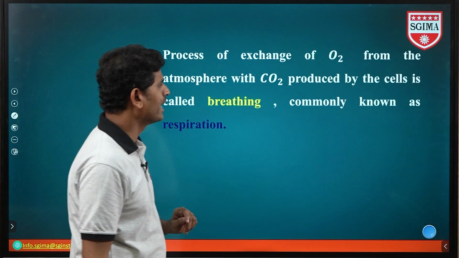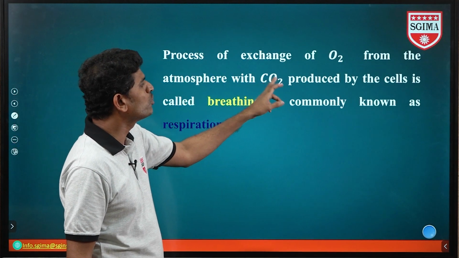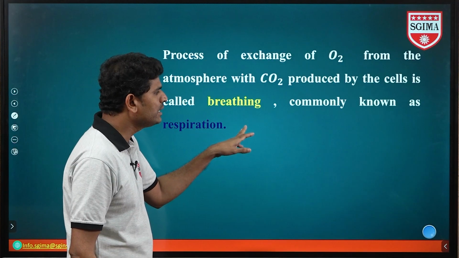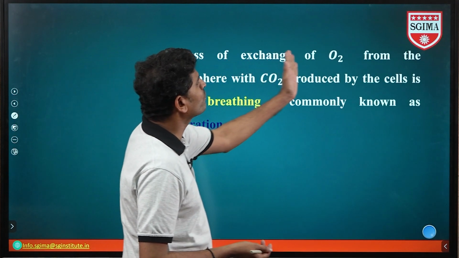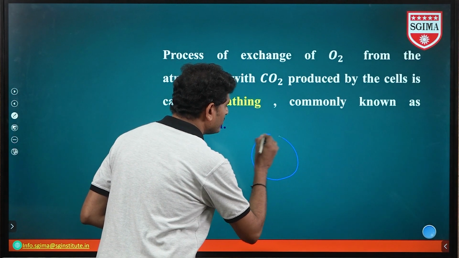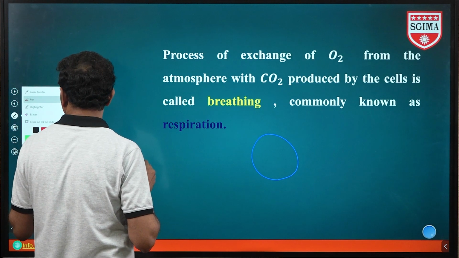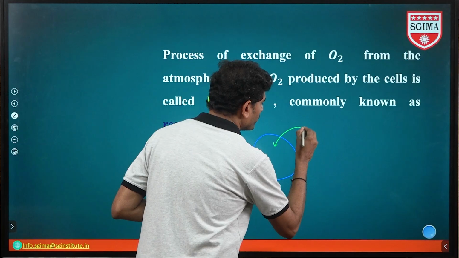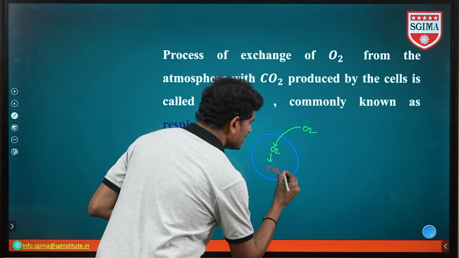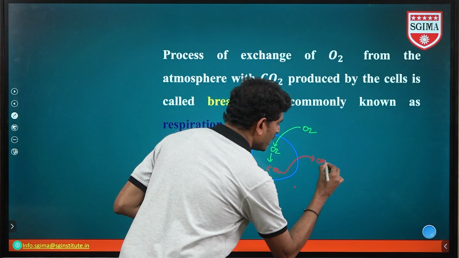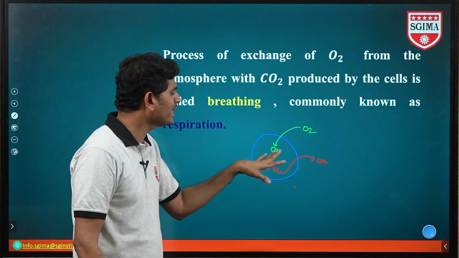What is given here is the process of exchange of O2 from the atmosphere with CO2 produced by the cells, called breathing, commonly known as respiration. Previously also we already discussed this point. Let us see what happens here. So here we are going to take one cell. This cell will be continuously taking oxygen from the atmosphere, and this oxygen is going to be converted into carbon dioxide, CO2. Then this CO2 will be sent outside. CO2 should be eliminated from the cell or organism. So this process is a give and take: इधर का माल उधर, उधर का माल इधर. So this work is known as breathing,